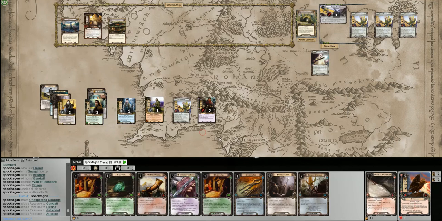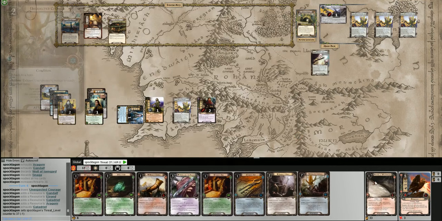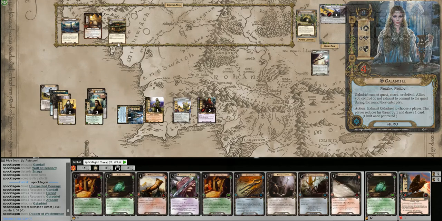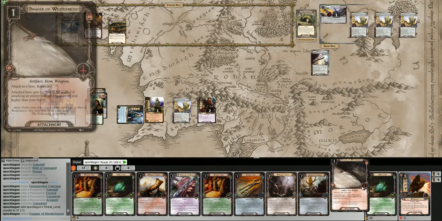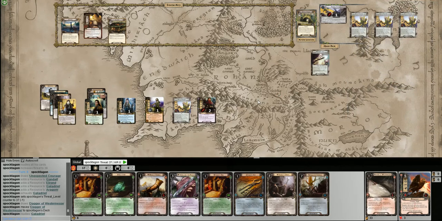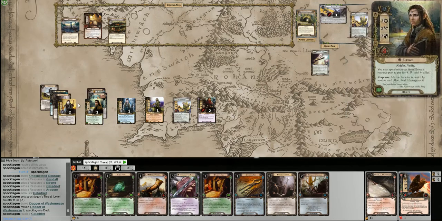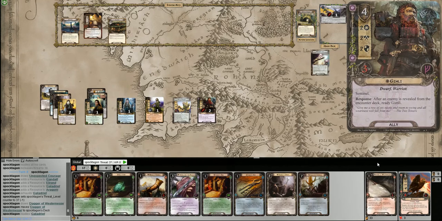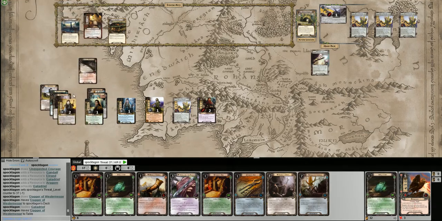Right, now our top of deck shenanigans here. Let's draw up a card with Galadriel. Wait, is that a player card effect? Yeah, let's not do that. I don't want to keep raising my threat by 2. That does make things trickier. I don't really want to play this off the top of my deck, but I guess I'm going to have to. So instead of drawing up the card with Galadriel, I'll just play it off the top of my deck